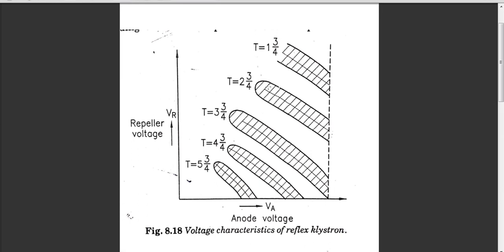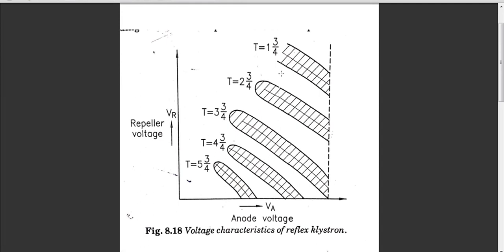So the earlier the mode, the larger the output power. If you can see here, the output power is more for this as compared to the others. Obviously this is an advantage,